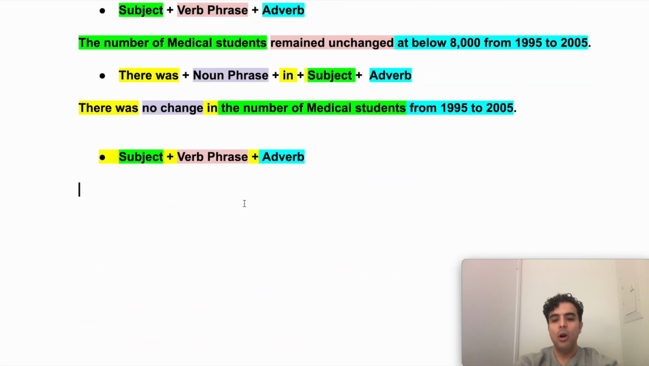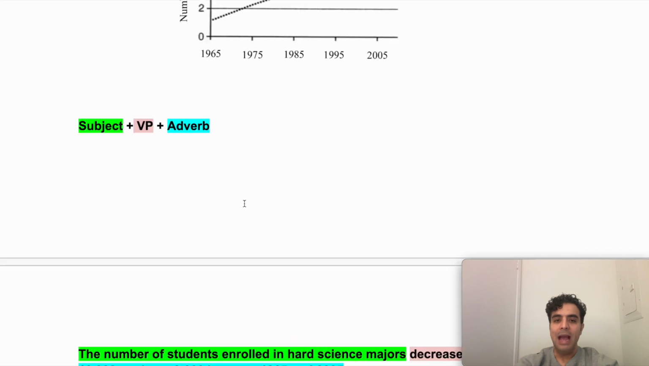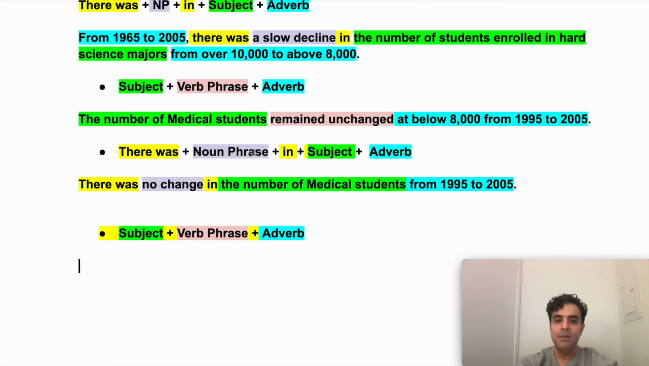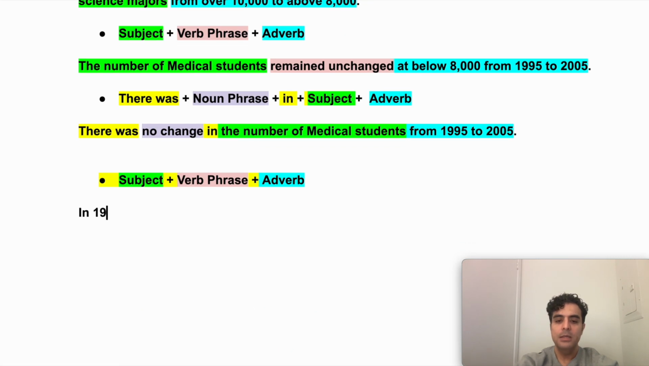So I'm going to start my sentence with the adverb. So the time, in 1975. In 1975. Okay, and don't forget the comma. Remember, every time you begin a sentence with an adverb, you place a comma after it. So in 1975, the number of engineering students, okay, so here we have the adverb, we have the subject, and